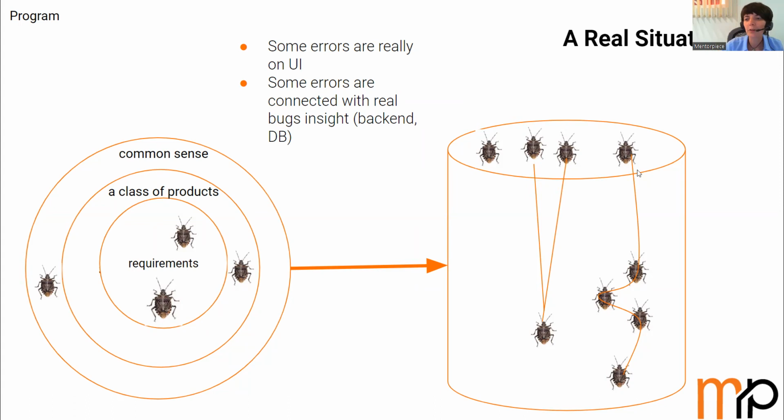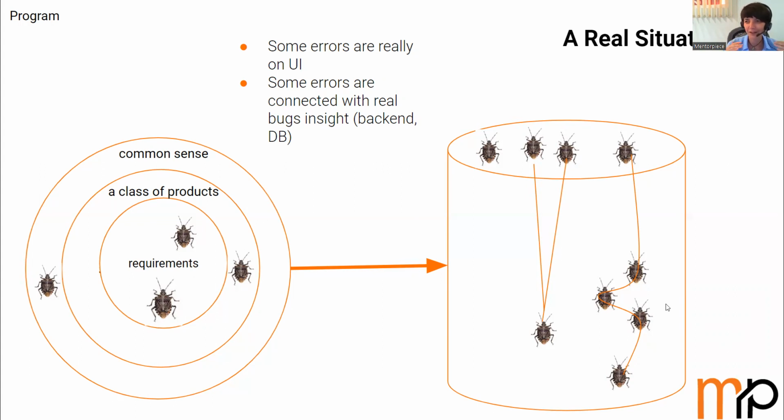But if we know all the reasons for this defect, and if we know that we have a lot of inside problems with the database, with services, whatever, we can think that, okay, this particular result on the UI looks not very serious, but